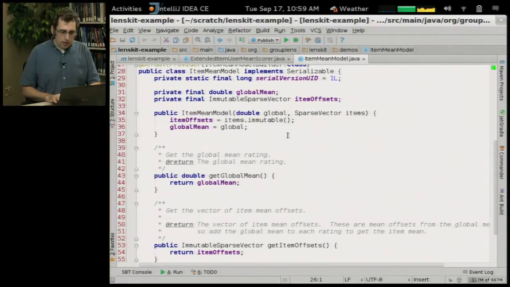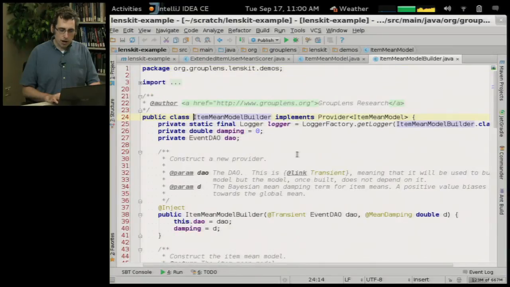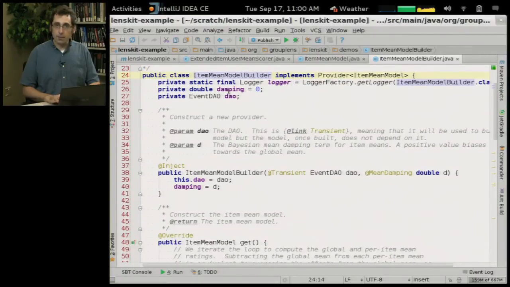So the model, this class, is very simple. It just has the global mean, the item offsets, and getters so that the scorer can get both of them. The interesting logic is in the model builder, the item mean model builder. And it implements the provider interface of item mean model, and it has a couple of parameters, damping, and it has a DAO, an event DAO, so we can get all